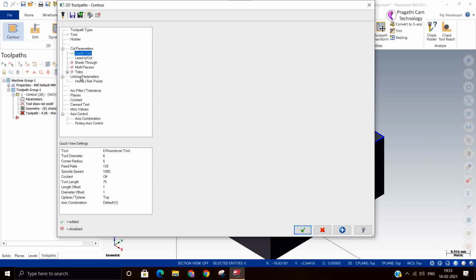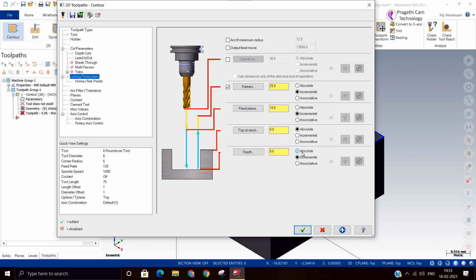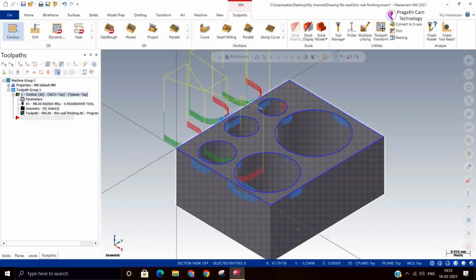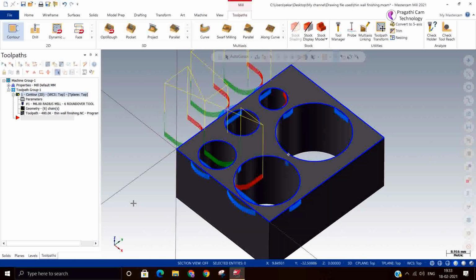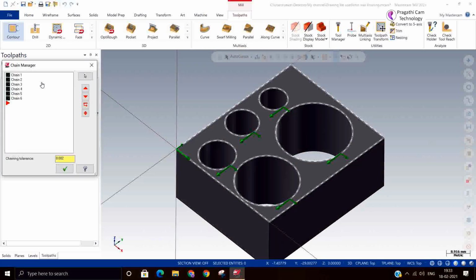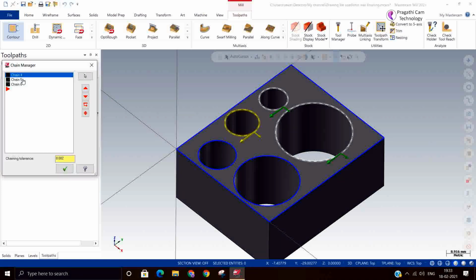All the things are similar to the contour, nothing big here. Depth I will keep 0.5. Yes, compensation is the issue here. So first we'll do one thing. First we'll take a single chain, finish it, then we'll add them one by one.